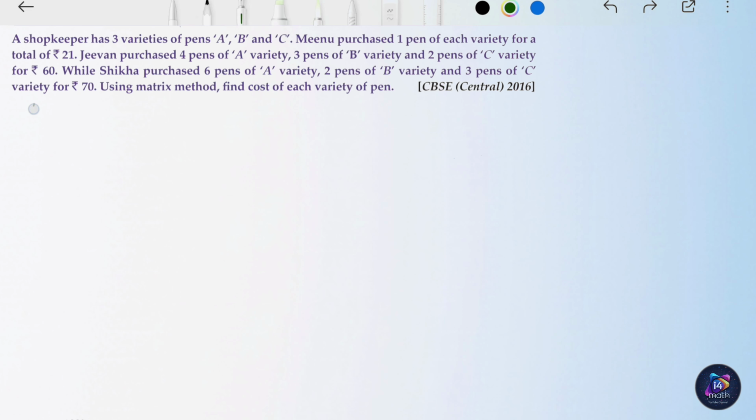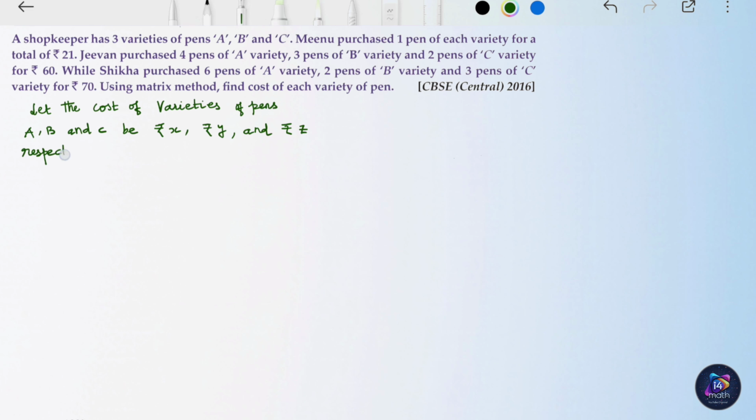See, let the cost of varieties of pen A, B and C be rupees X, rupees Y and rupees Z respectively. So from the question,